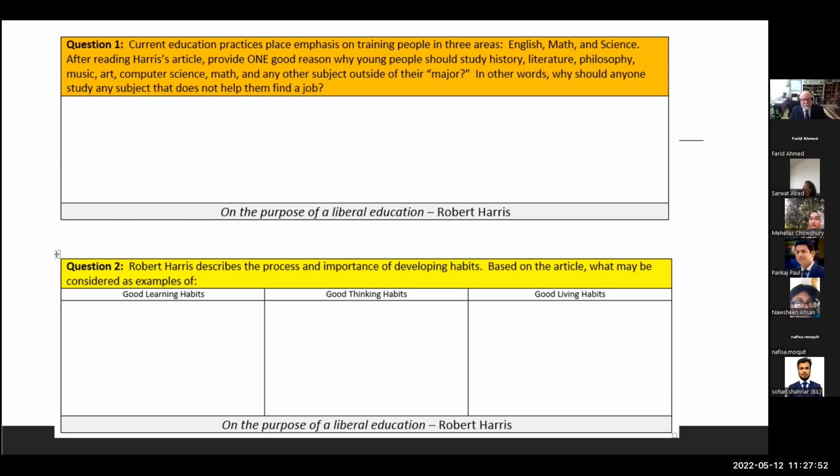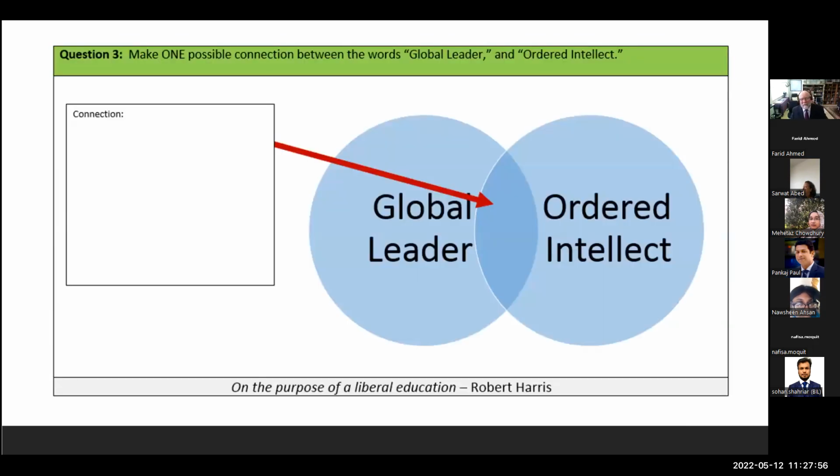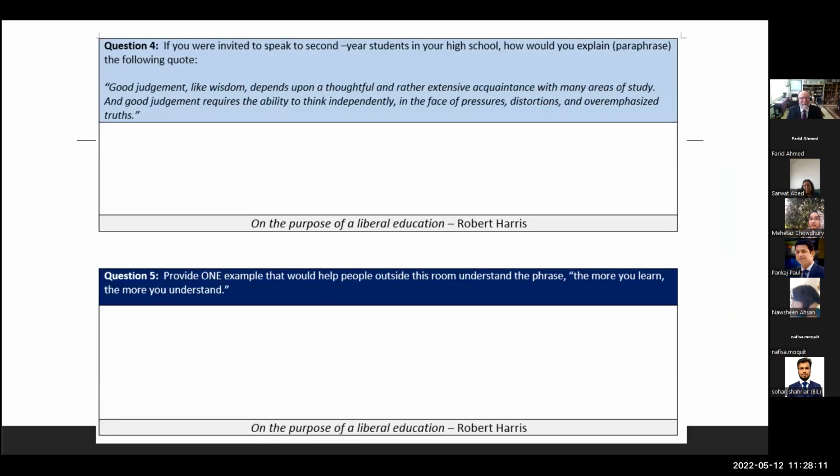We talk about developing habits, like habits of thought, because part of our motto is that we make global leaders. So at AIU, we talk about how this ordered intellect that's mentioned in the reading is related to being a global leader. And we have this whole curriculum that we have developed over the years,